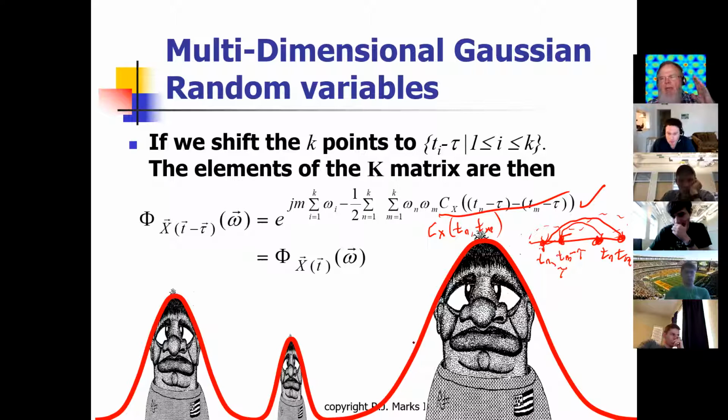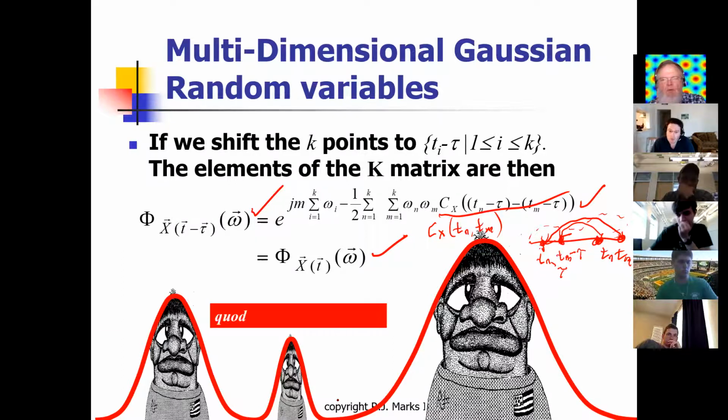And by using that principle from the wide sense stationary stochastic process, we are then showing that if we were to shift all of these samples, we get exactly the same before and after the shift in terms of the probability density function. And the only thing that we have to impose is that the Gaussian process is stationary in the wide sense. So that is the proof, if you will.